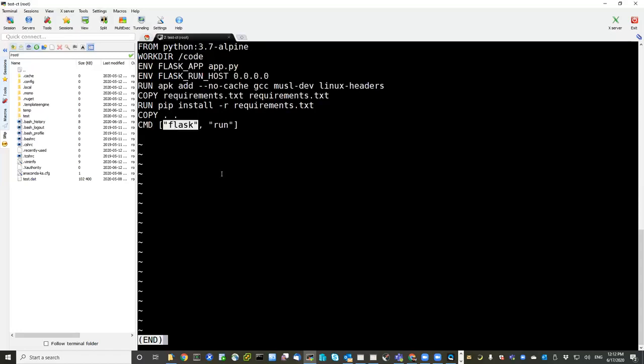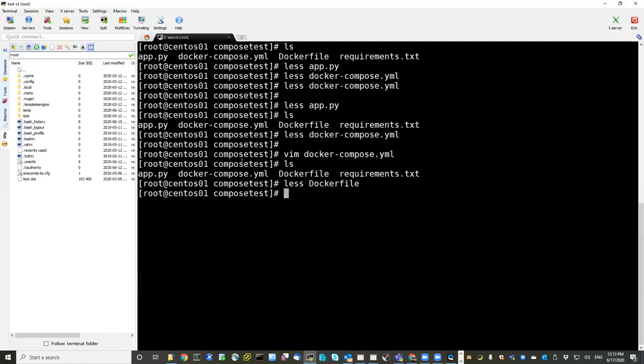We're going to tell it to run. We want to run the Flask command, and we're going to give it run. And then Flask knows to look in these environment variables for configuration. So this build will run, and then I wanted to mention